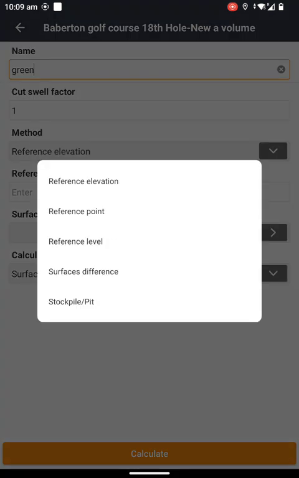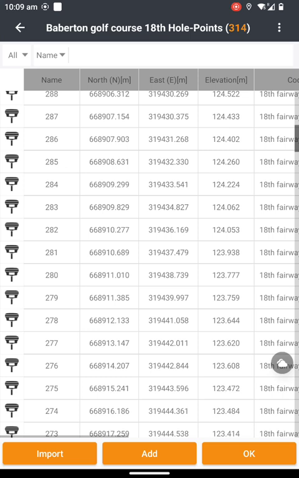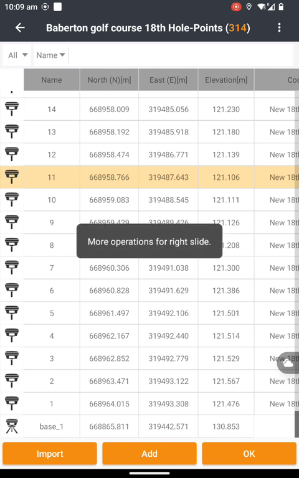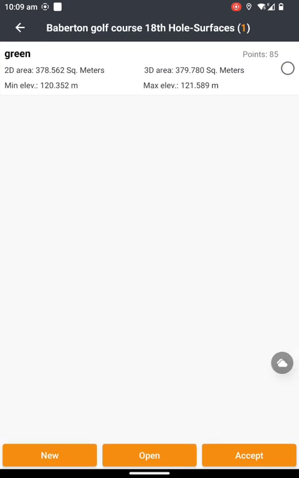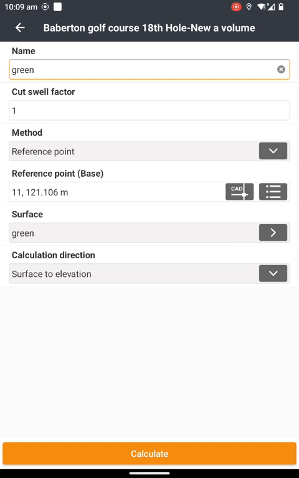If we take a reference point as the reference elevation, we go to our points, and I believe that 0.9 was our lowest point. Yes, 0.10, 0.11. So we click on 0.11, click OK, and then we use our surface, which was the one we've just done in the shaded before. We click accept, and then we do our calculation, so surface to elevation. So that's taking our lowest point, 0.11, and looking at it against all the other points,